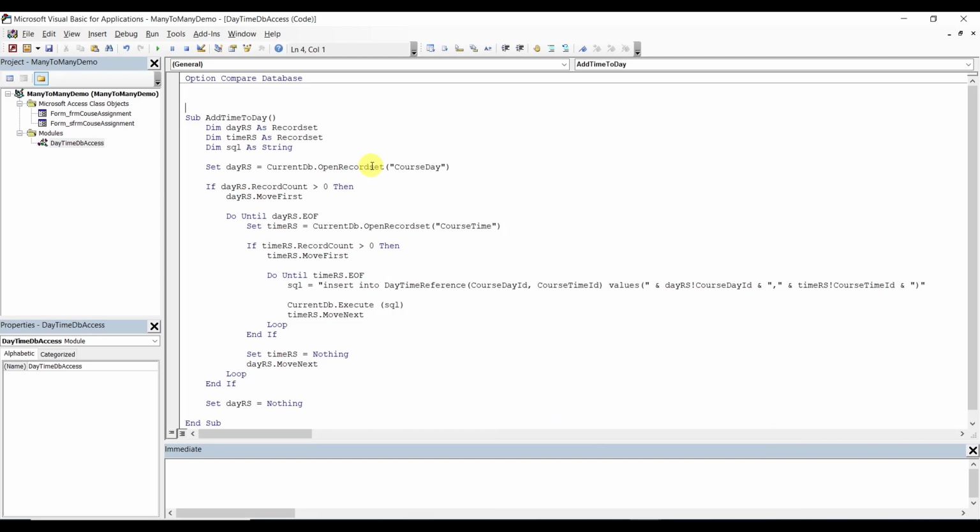Alright, so what we want to do here, we want to be able to add the reference of the day and time to the course. Thinking out loud, I'm thinking we can just add one function to do the two tasks. How about AddRemoveCourseDayTime. Alright,